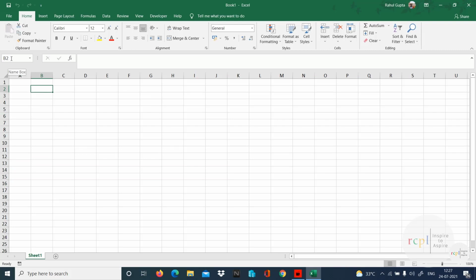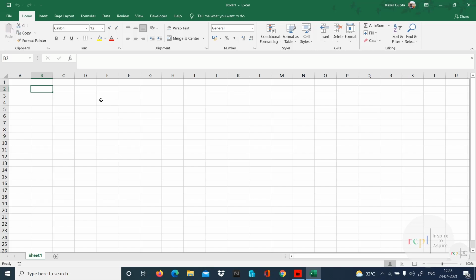You can see at the name box, I placed my cursor here and it shows B2. At the top we have tabs: File, Home, Insert, Page Layout, Formulas, Data, Review, View. We'll come to these parts also, but for the time being we are starting with functions. We have categories of functions. For the very first day, we'll start with the basic set of functions, which are very important because they give us the base of Excel and functions.